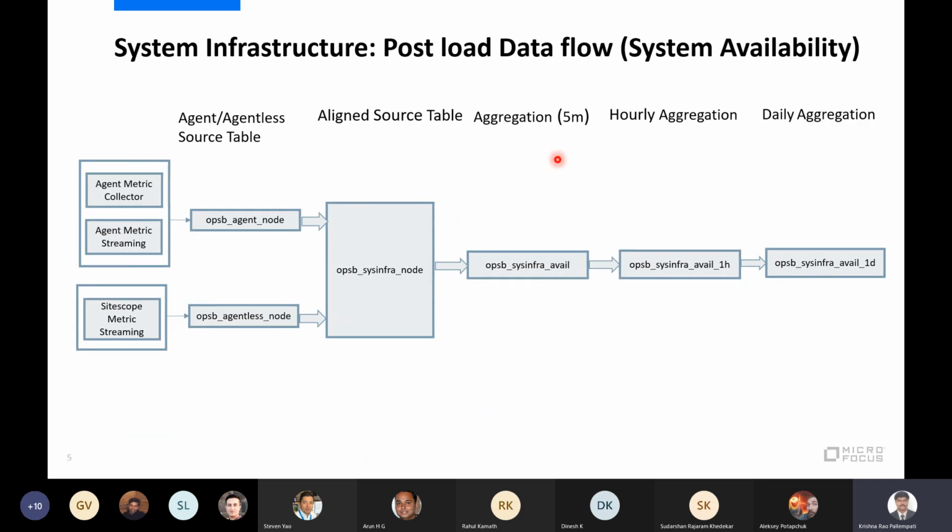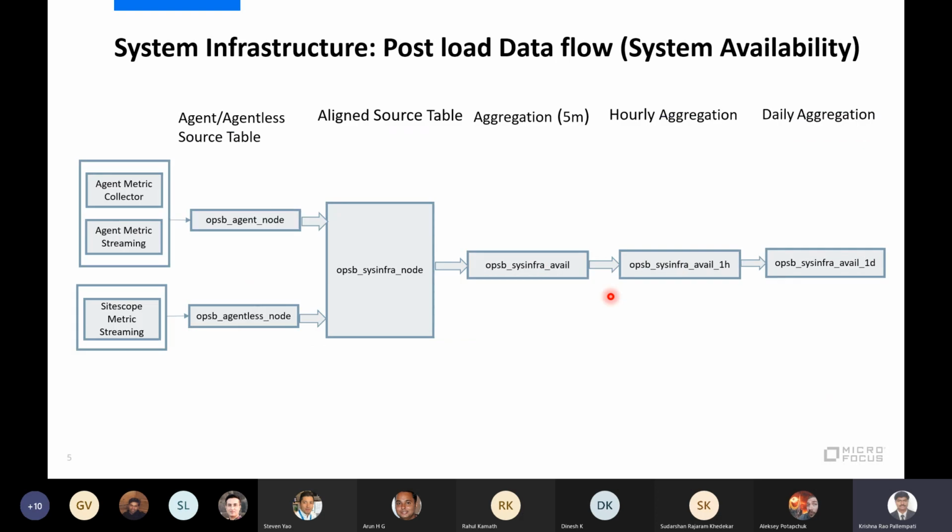Here again, this is not a straightforward 5 minute, because we need to further compute the GBL uptime seconds and then put it properly for each hour. So each 5 minutes we put it here, and after that the data flows to our availability 1H, and then we calculate daily from the availability table. This is a little different structure compared to other tables, and availability requires more custom Perl scripts inside it, where we compute as per the data available here.